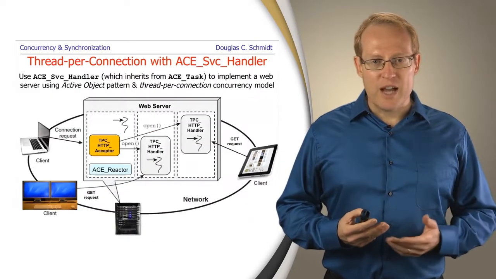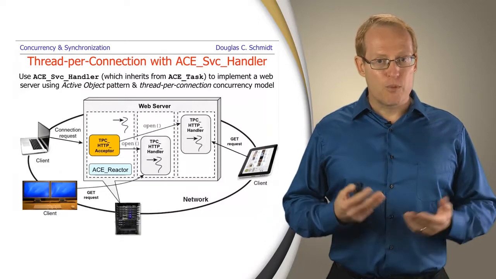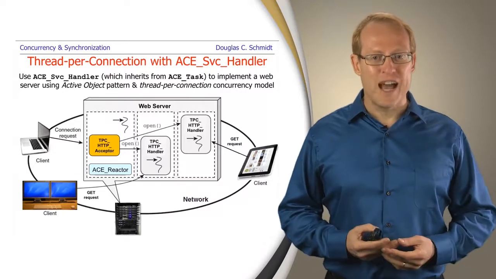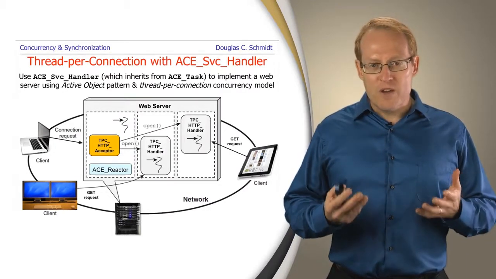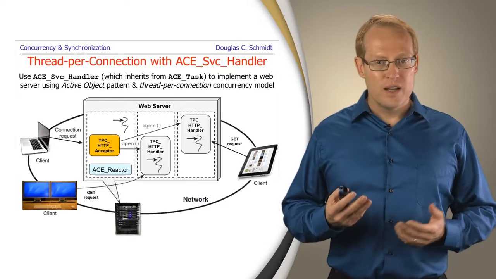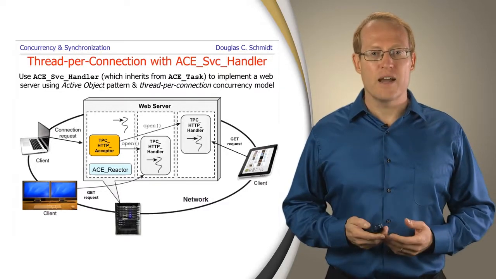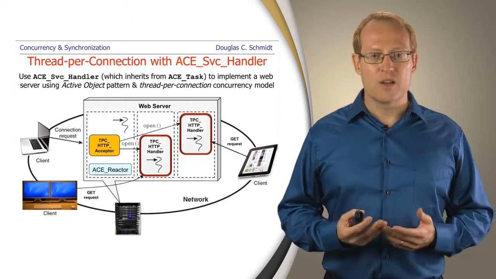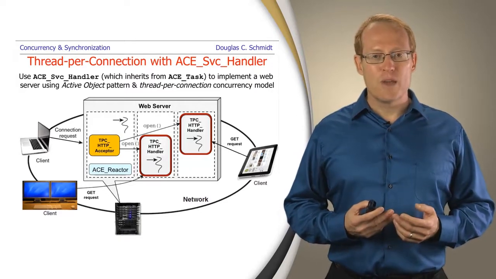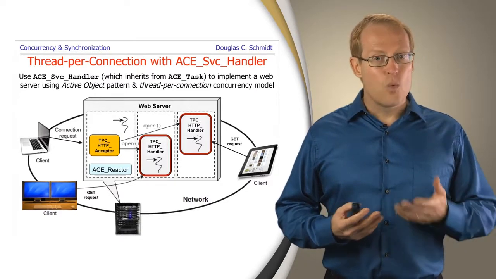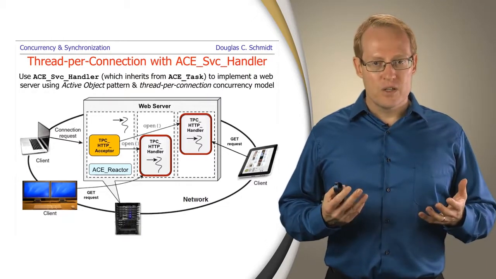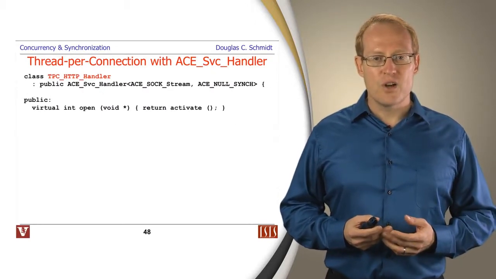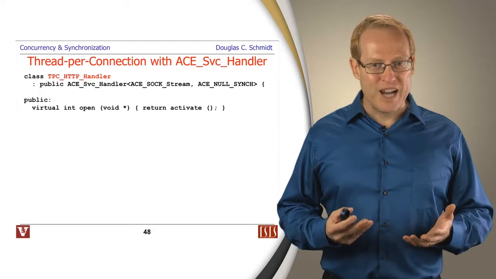So this particular example actually builds quite nicely on our previous version that we showed with Acceptor-Connector, which itself built nicely on top of the reactor. And we're going to add just a few very minor tweaks in order to get a new and more powerful concurrent multi-threaded design. In particular, we're going to start first by showing how we can use the ACE service handler, which inherits from ACE Task, in order to spawn off separate threads, one per connection, and use them to service the incoming requests concurrently. To do this, we're going to define a class called TPC, for Thread Per Connection,